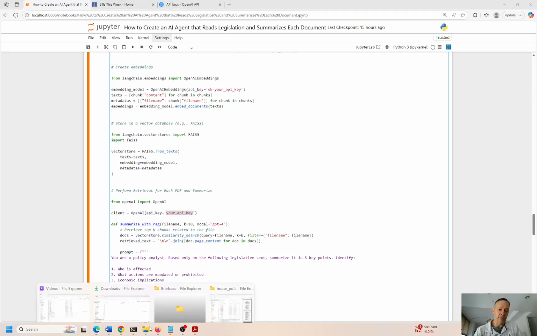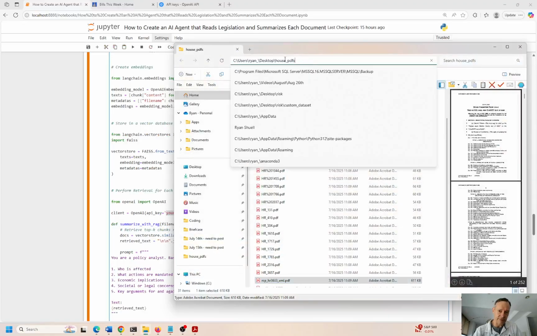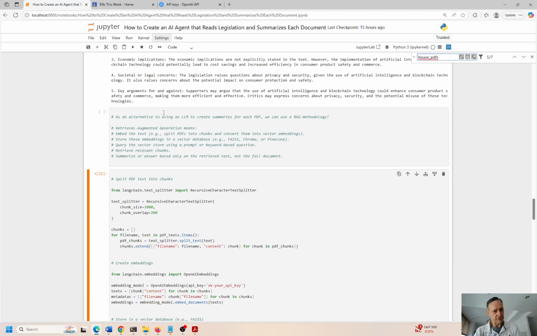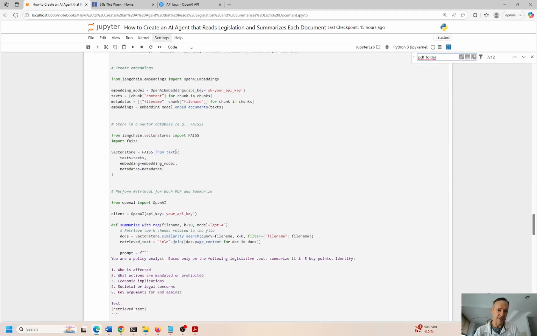folder right here. Here's the folder, right? So this is the path, house PDFs, that's what I called it. And if you look close, that goes over here. So house PDF comes over here, and that goes into PDF folder. So everything should be in PDF folder. If I scroll down here,